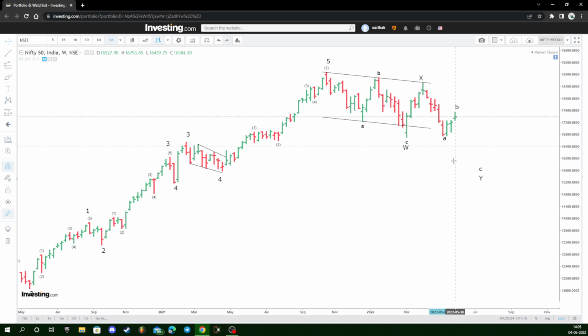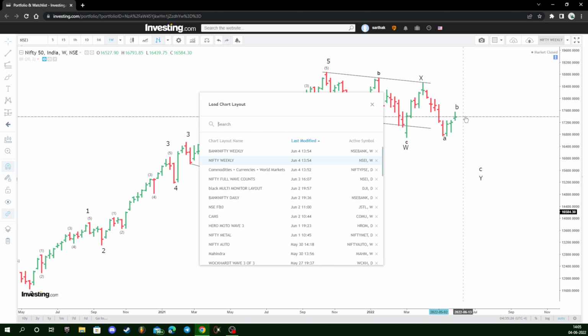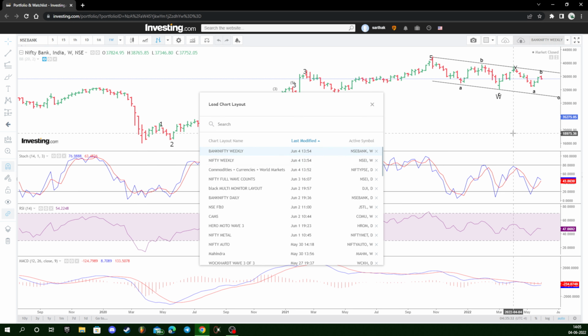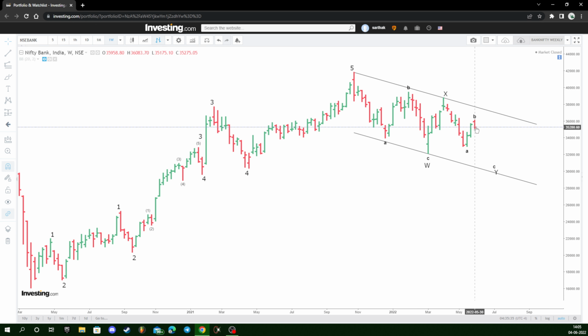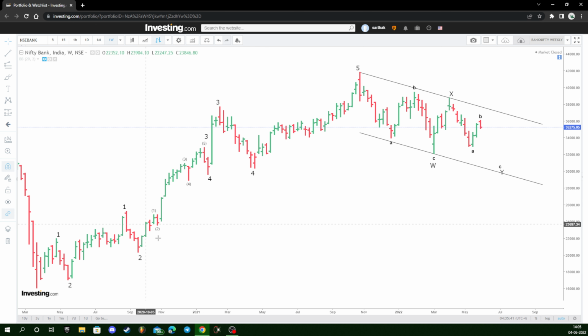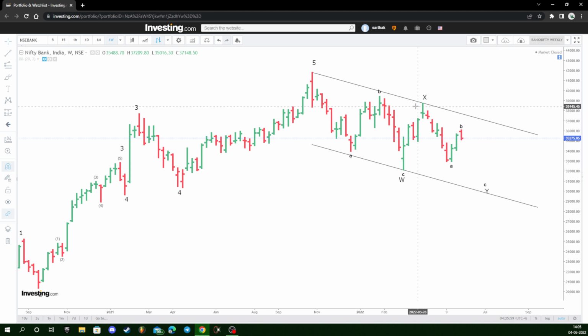So that was on the Nifty 50 index. As you can see, it has closed in green. But if I take you to the Bank Nifty index, we can see that it has closed in negative territory. The charts and the counts are the same, 1 2 1 2 3 4 3 4 5, meaning that the uptrend is over and we are in a bear phase. In that bear phase, the W correction is over, X is over, and we are currently in the Y wave. Even in that Y wave, if we subdivide, I can label the first leg as an A wave, the second leg as a B wave, and the third leg as a C wave.